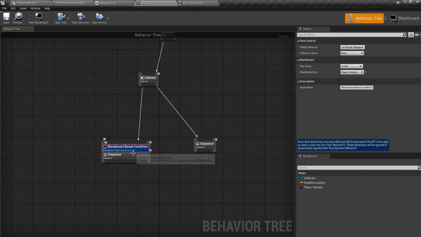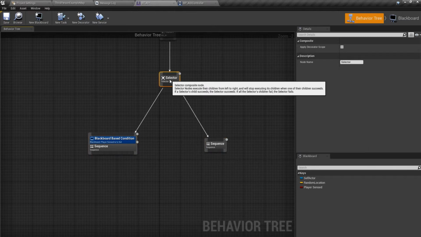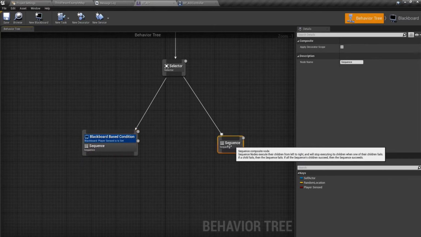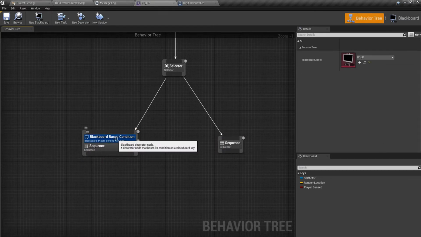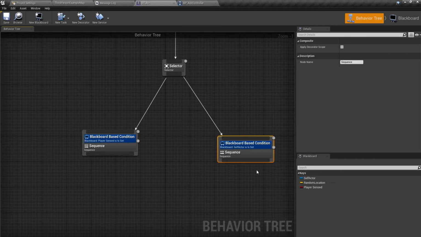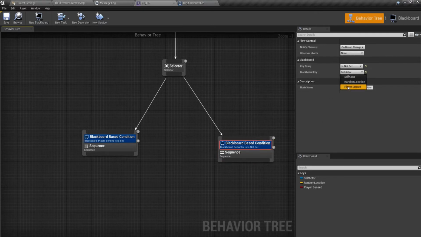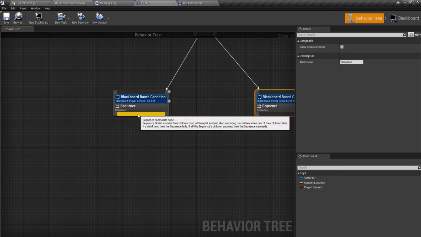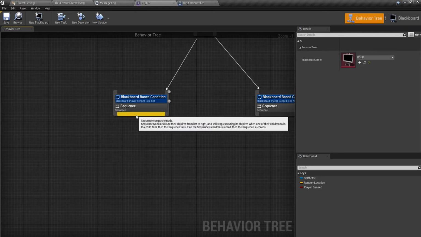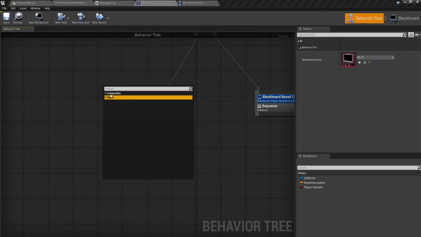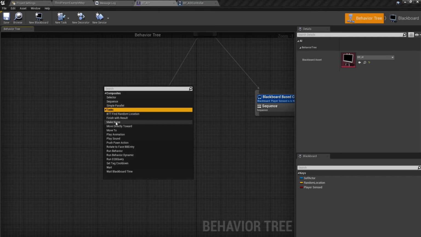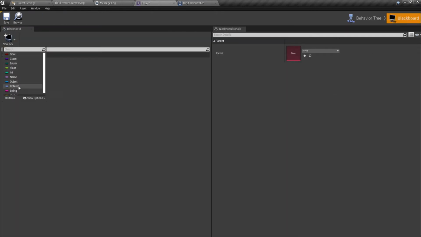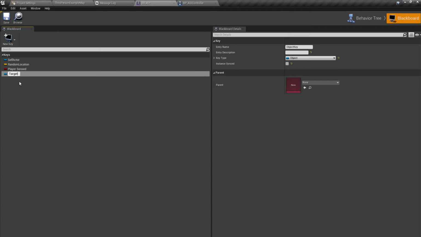actually let's just put it over here only. So this selector will go and check if the player sensed is set, and over here we'll do the same thing. Add a decorator blackboard, and is not set, player is not sensed, then we'll do this. And if it is sensed, what we should be doing is we should be moving to, let's say we make a new object, we'll call it target,